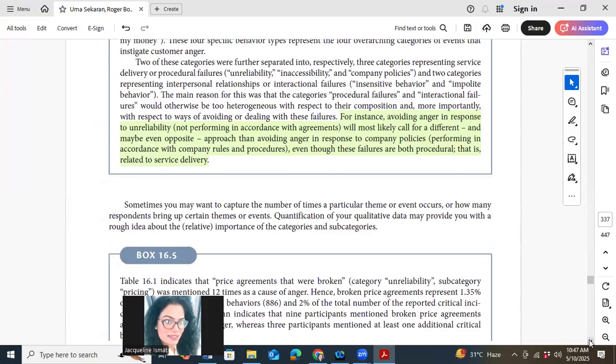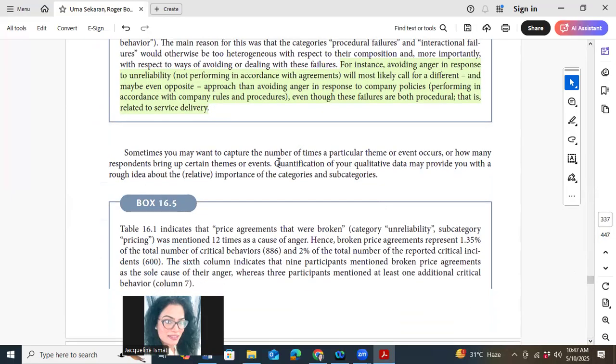Trying to quantify qualitative data, to provide you with a rough idea about the relative importance of categories and subcategories. Otherwise, we don't get this data. This is one of the indicators of noise in our